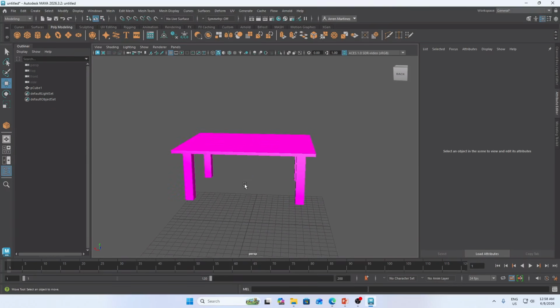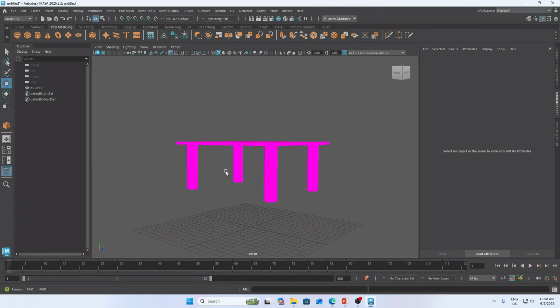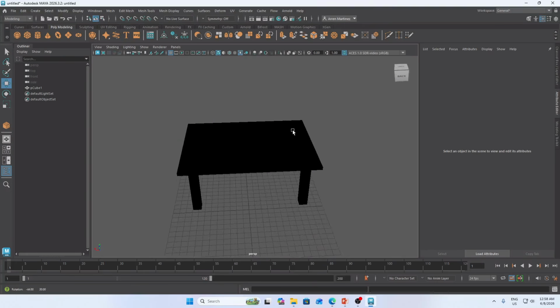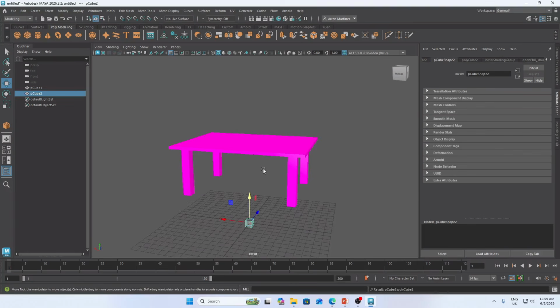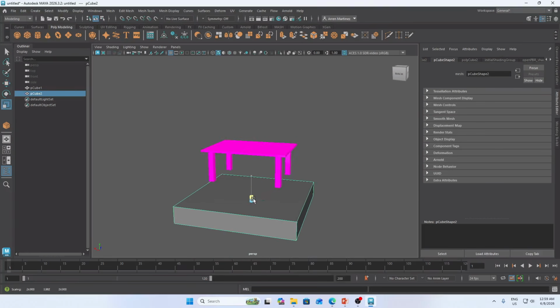So now, how can we add lights? Because if we enable the light activation, it turns like this, a silhouette. If we render this, it turns out to be black because there's an absence of light. First, let me create a plane here, just like this.